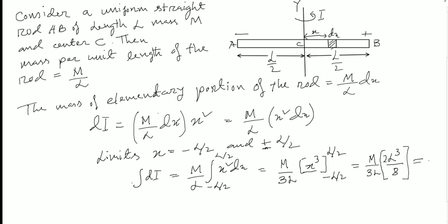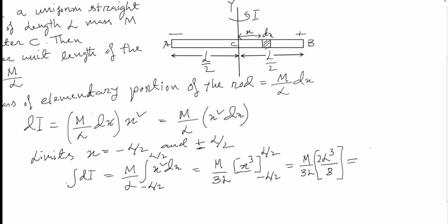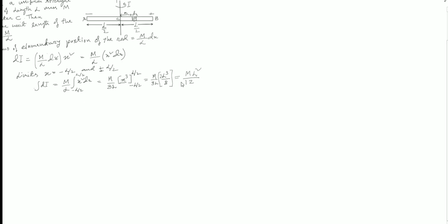And applying the integrating formula, integral of x to the power n dx is equal to x to the power n plus 1 divided by n plus 1. So in here n equals to 2, so I get x cube by 3. And putting the upper limit and lower limit, I got the value